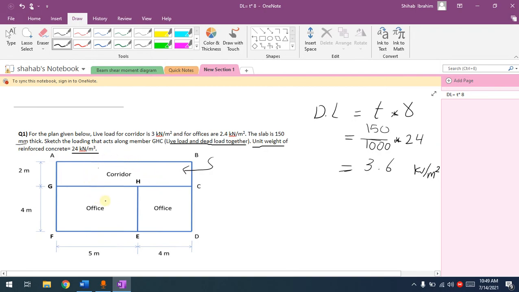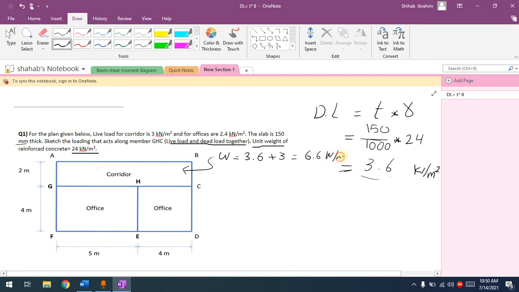Why? Because we only have one thickness, 150 millimeter, for all the slabs. So the dead load from the slab comes to 3.6. So W, the weight on the corridor, is 3.6, which is the dead load of the slab, plus the live load in the corridor, which is 3. So here we have 6.6